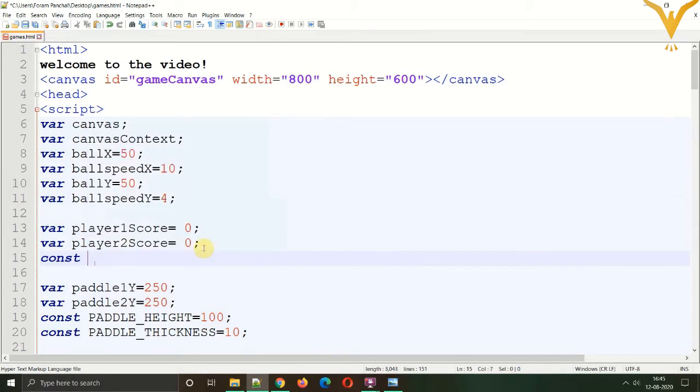Let's name it winning score. You can name it as per your wishes, but it should be consistent and meaningful. So let's give it a value of 3, and now we are going to use the variable wherever we are modifying the score.